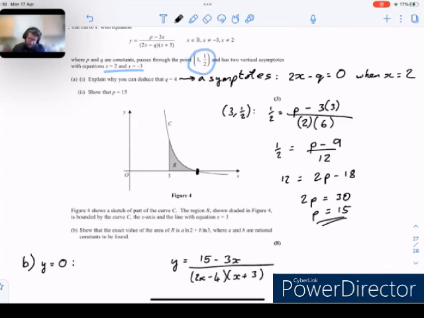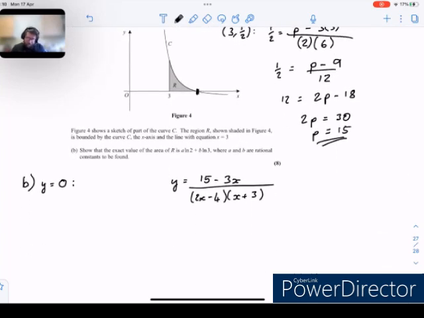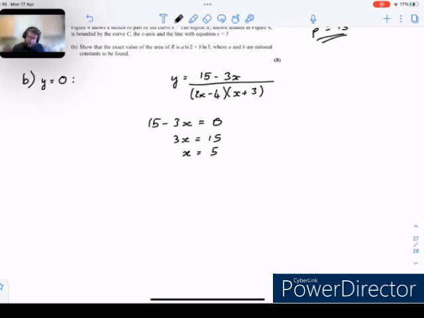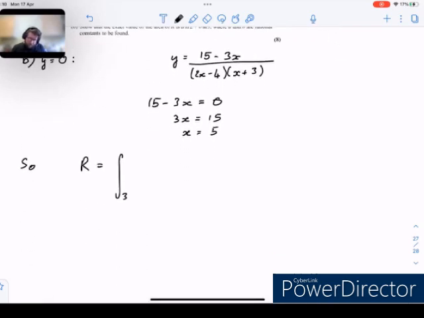So when y equals 0, that means 15 minus 3x equals 0. So 3x equals 15, so x equals 5. That means the area R is equal to the integral between x equals 3 and 5 of 15 minus 3x over